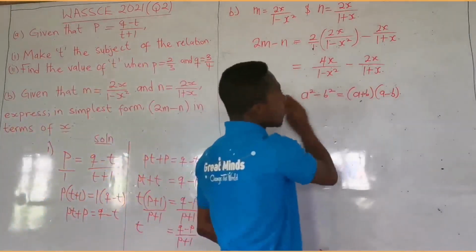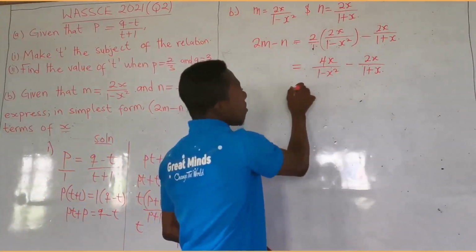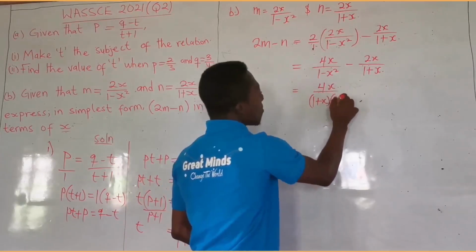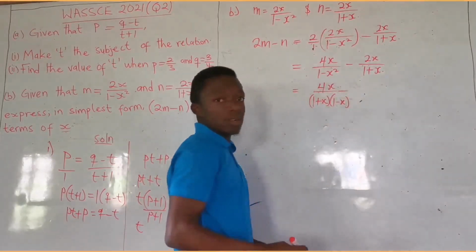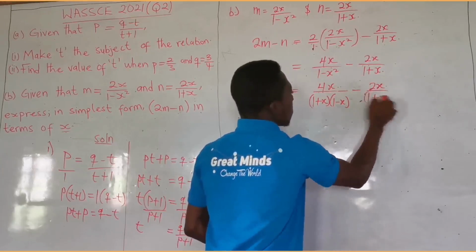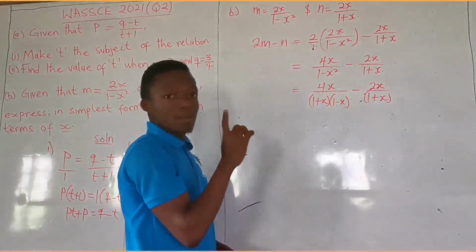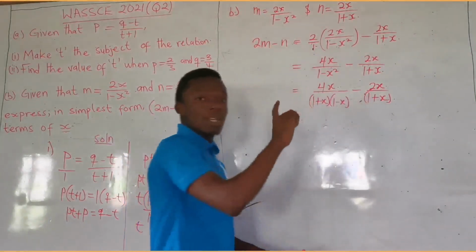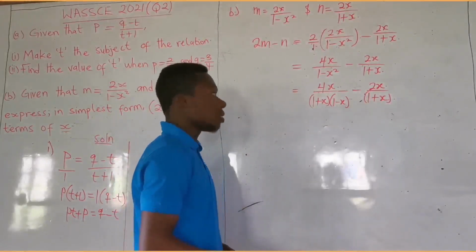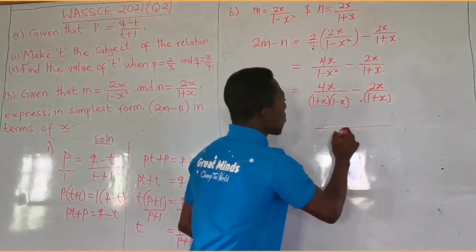So that is that. Let me give you a hint about how the 1 minus x squared is going to be in brackets. So this one I can break it down by saying that here is 4x all over 1 plus x, 1 minus x. I believe that is okay for you. Right. Then the same thing, I have 2x all over 1 plus x. So let's say this is only in brackets. When you get to this stage, you can see that you have two terms that are the same, right? You have 1 plus x and 1 plus x. So you take that one as 1, and then you attach the odd term that is not common to the two terms. That will be your LCM in this case. So your lowest common multiple is 1 plus x,